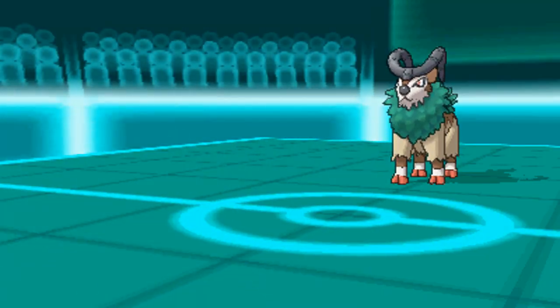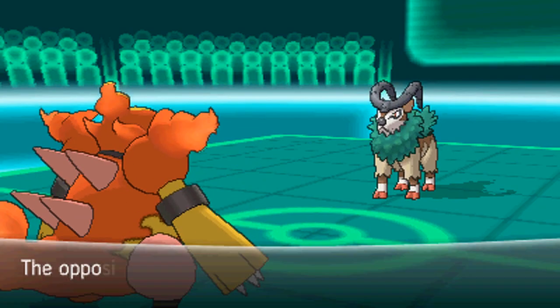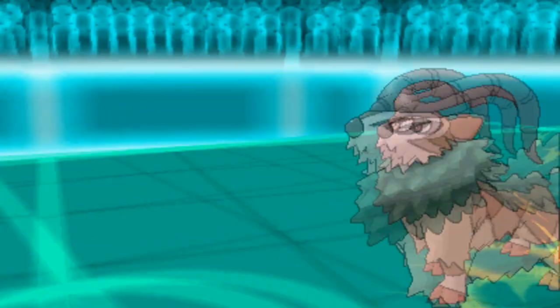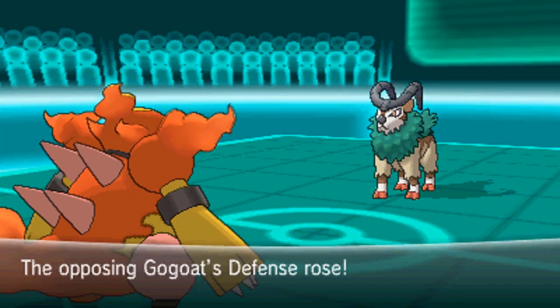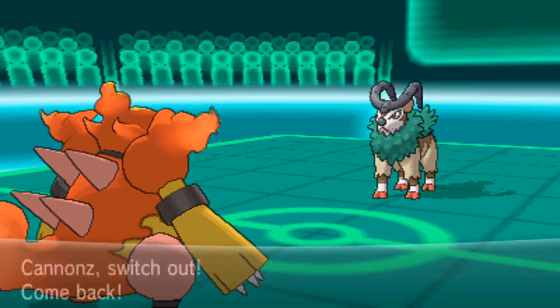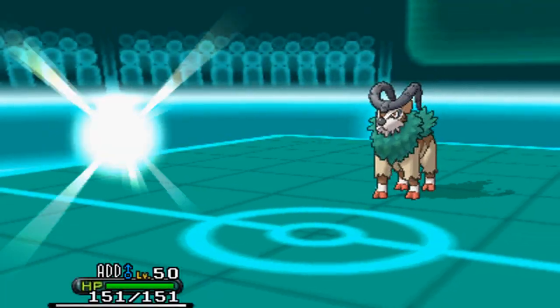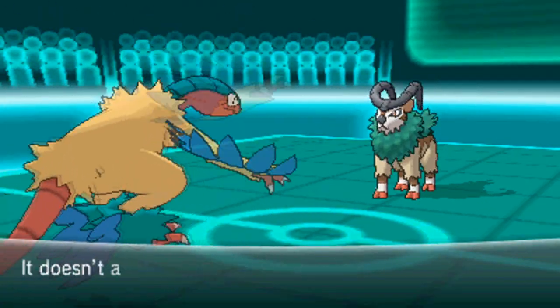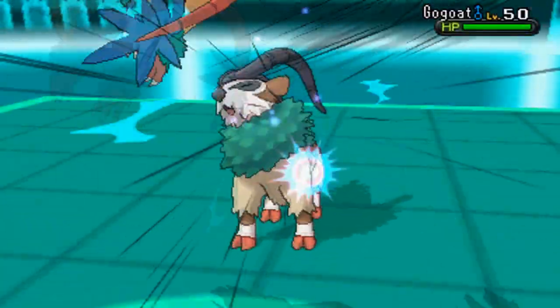I'm going to switch because I'm fearing this thing being able to fuck me up. So I'm going to actually go into Cannons, as I was kind of expecting him to go for like a Horn Leech or something, trying to get some damage, but he actually goes for the Bulk Up, which I should have seen coming because most Gogoats are definitely Bulk Uppers, and I realized that I'm not going to be able to kill it with one Flamethrower, and I do not want to risk my Magmortar dying so early, so I decide to switch into ADD as I predict the Earthquake, which is perfect because, actually, well, not really perfect, because